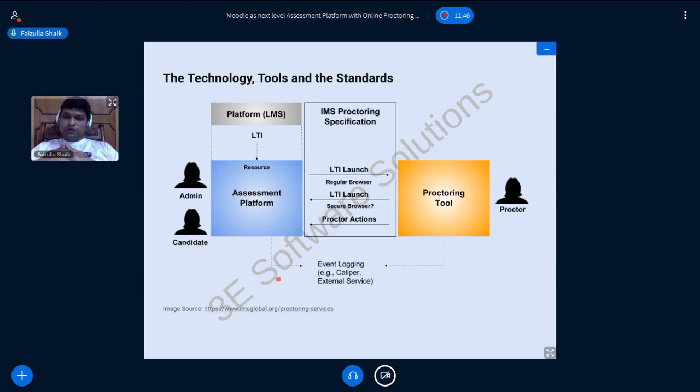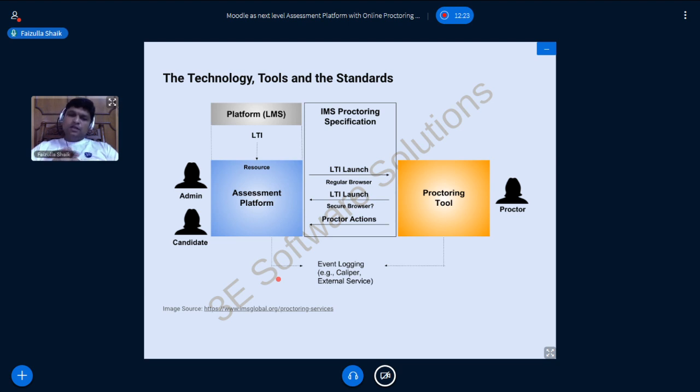Now you may have the choice of going with a third party proctoring tool, a cloud based proctoring tool, or, if you have the bandwidth, bringing in your own proctoring tool. You can build an in-house proctoring tool. Whatever the proctoring tool is, on one side you have a tool which is fully reliable, or at least takes care of your requirements. It's necessary and sufficient for you.